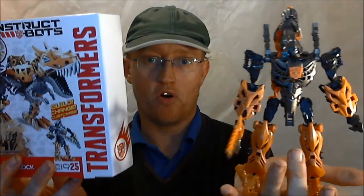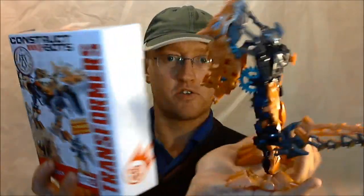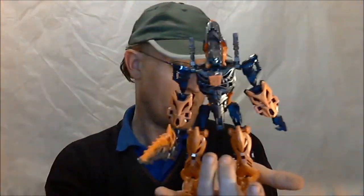Now these guys come in a box, and as you can see, he's a lot bigger than said box. So the size of these things and the price you pay for them here in the UK, which is £10.99, just shy of 11 quid, I reckon they give you reasonable value for money. So if you're out there sitting on the fence wondering, oh, shall I get one of these or not,